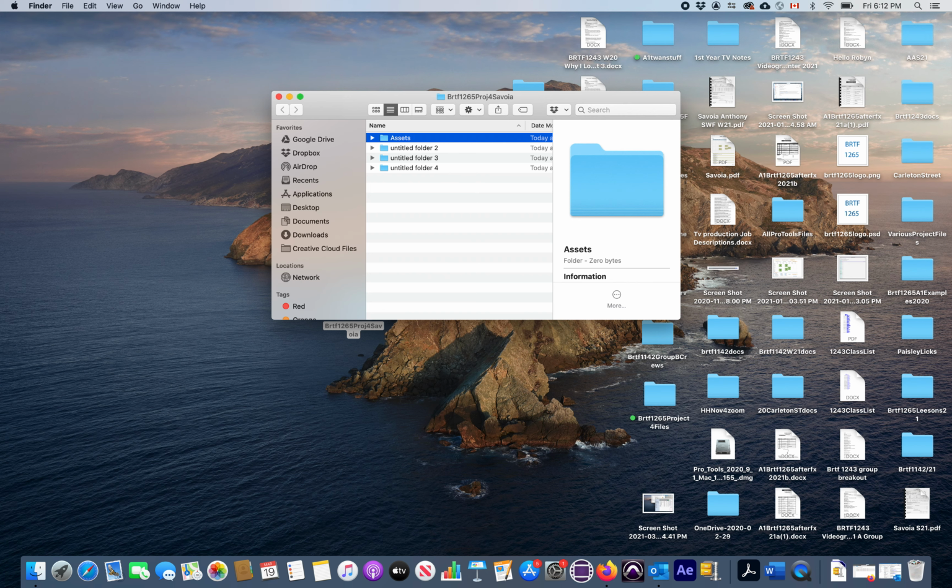Now, Assets is a folder that's going to contain all the media files that you're planning on using. I'll put them in here first before I even open up After Effects, because this is where I want to import to create the links to these files. The next folder, I'm going to rename it. I'm going to call it End Project